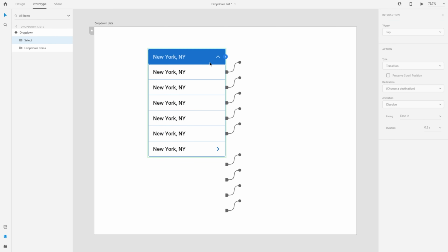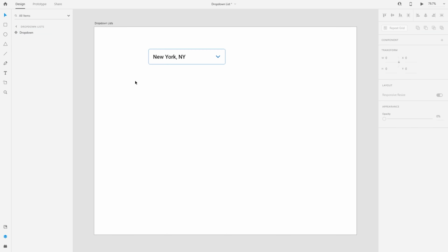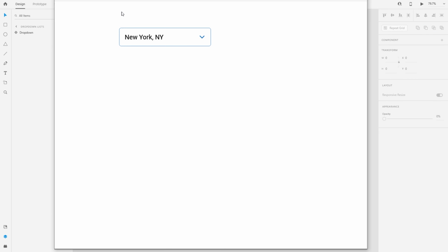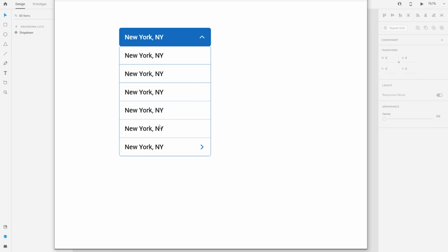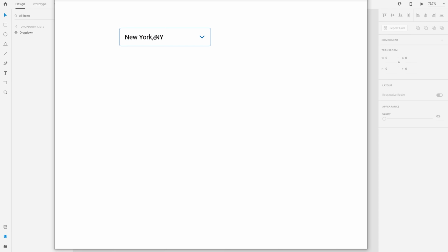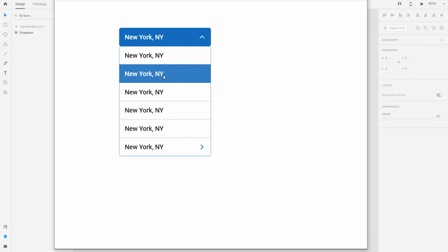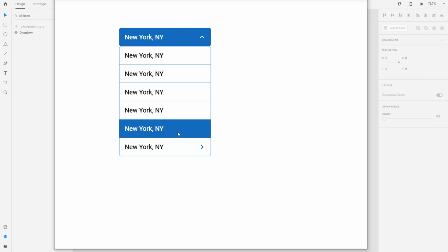Again, when the user clicks on this item selector again, we want the user to tap, obviously, auto animate. We want to go back to the default state. Perfect. So let's save the progress and test it out. You see that micro interaction. All the list items are actually flowing down from behind the first item. We have that hover state for all the list items,